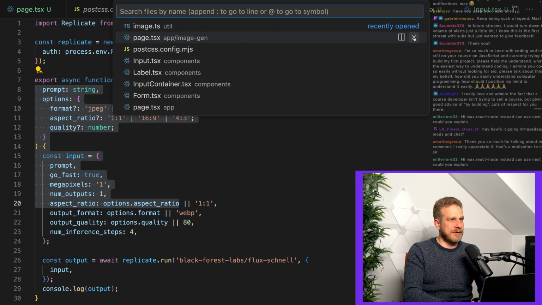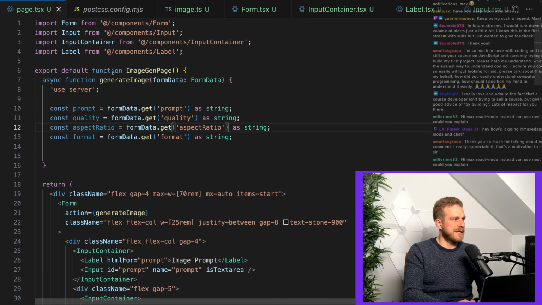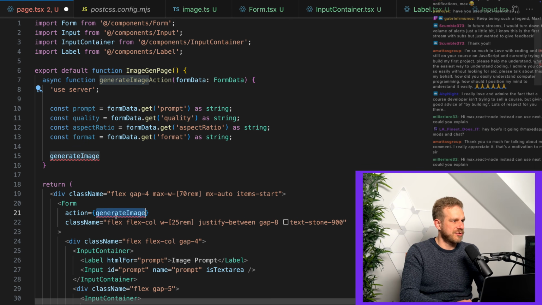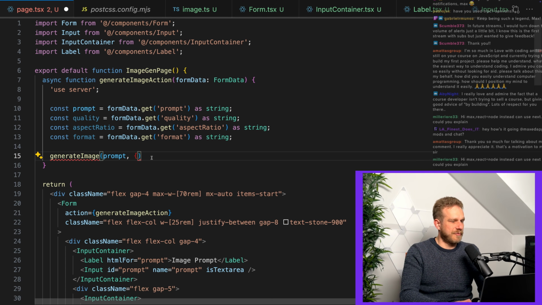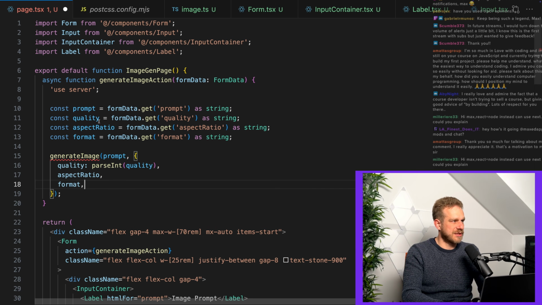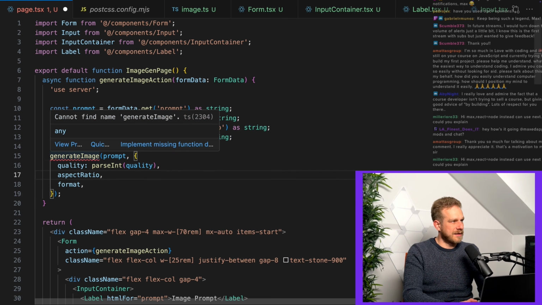Let me get that out of the way here so that I don't accidentally open it. And now back here in our server action, we can call generate image. And I guess now we got multiple generate images here. So I'll name this here generate image action to avoid confusion. And then I can call the generate image from the other file here, forward the prompt, and construct the options object, which includes all those options, parsing the quality to be a number, and then